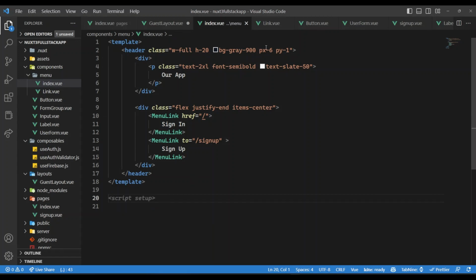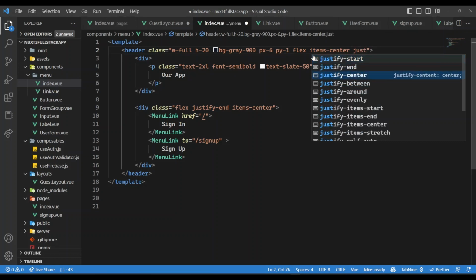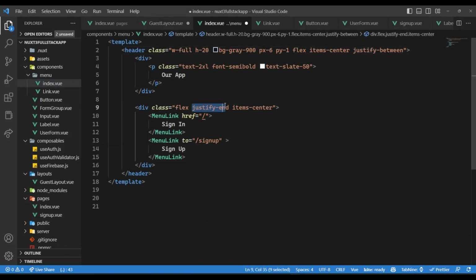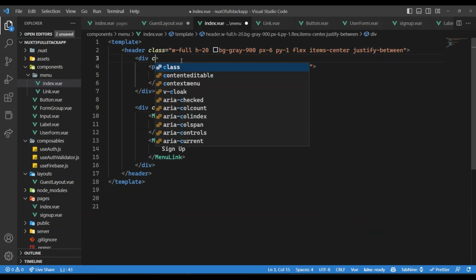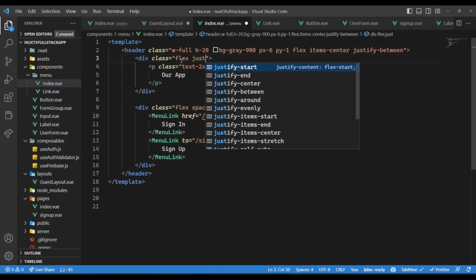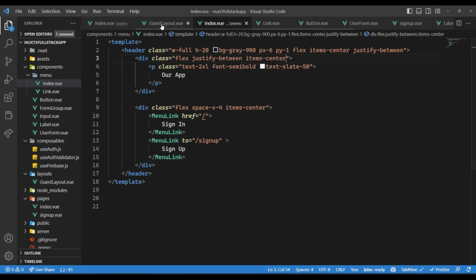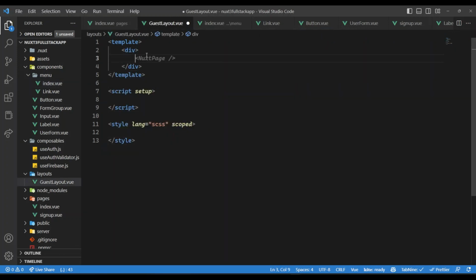What else do we need for now? Yes, this needs to be flex, items center, SpaceX, not SpaceX actually, should we justify between. Here instead of that I could say space x of 4, and here also I could give some classes, flex, justify between, items center. Awesome. So that's our menu. So our menu will come here. Okay, so if this is our layout,